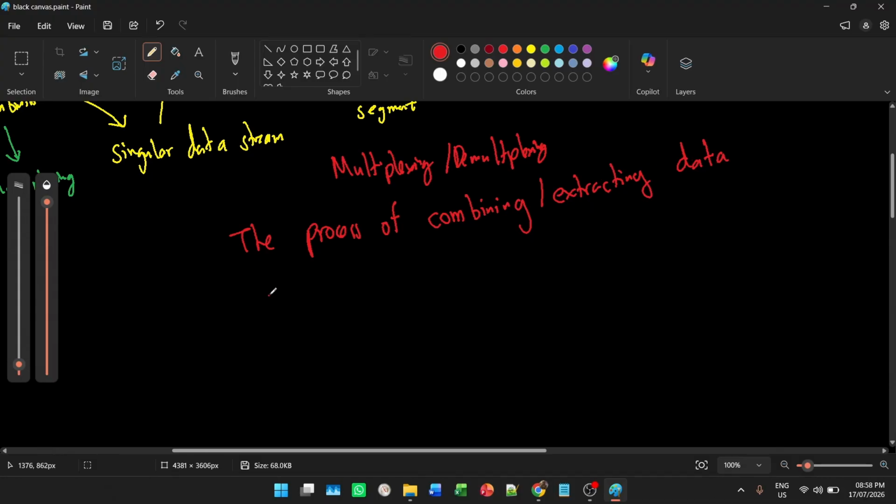So if it's combining, it is combining it into segments, right? Or if it's extracting, it is extracting from segments